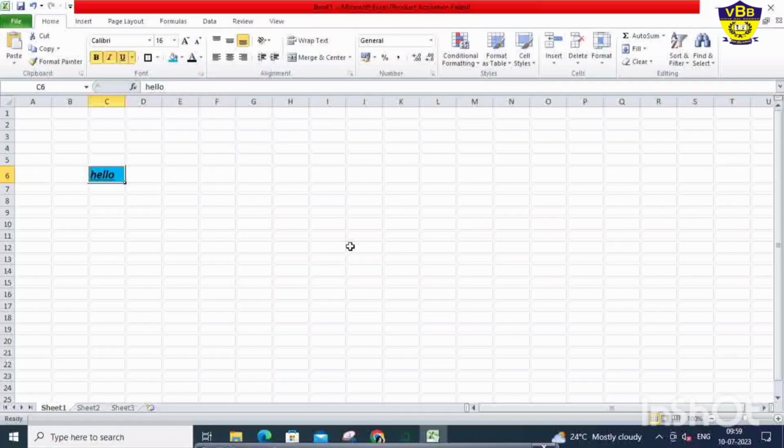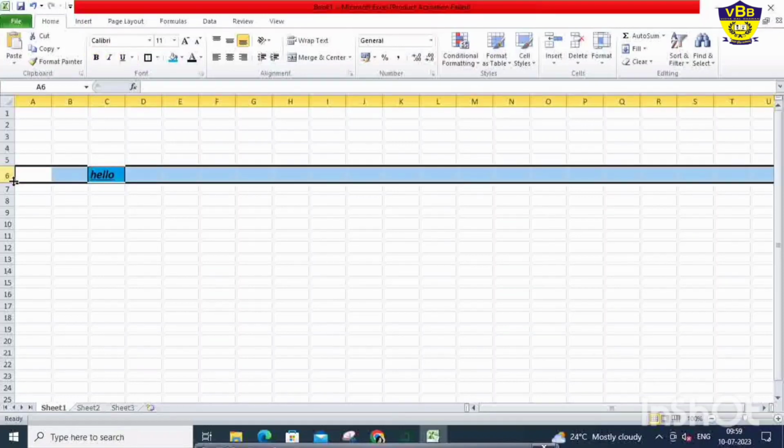Next is how to change the formatting of the worksheet structure. So basically to do the formatting of worksheet structure, you have to select the row, right? And then after selecting the row, you can change the height of the row or you can change the column width as well. To change the height of the row, first we need to select the row, then we need to click on the row header.